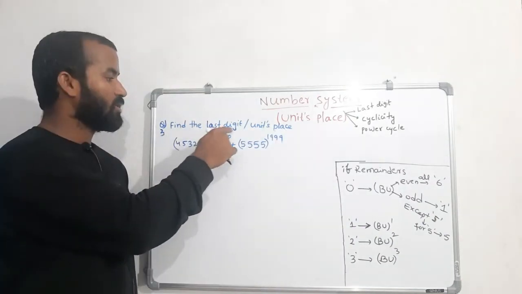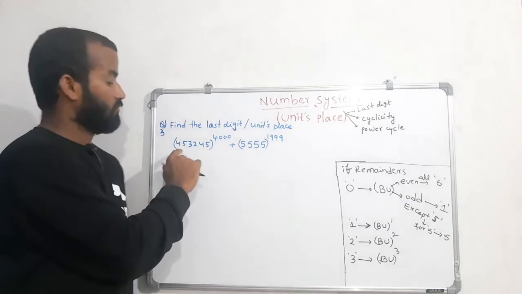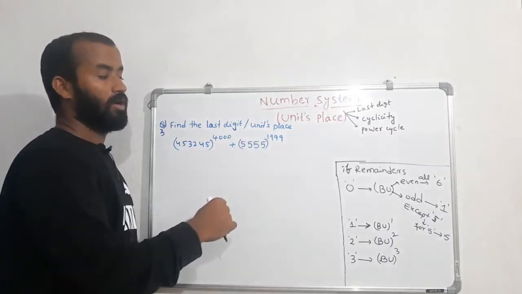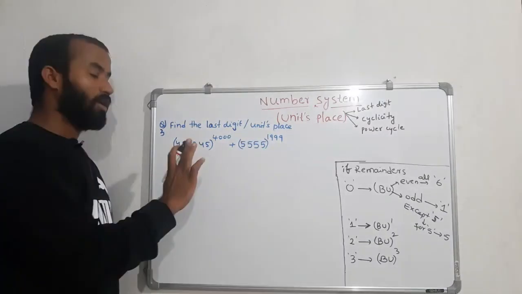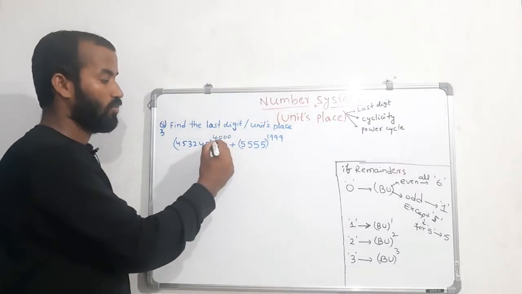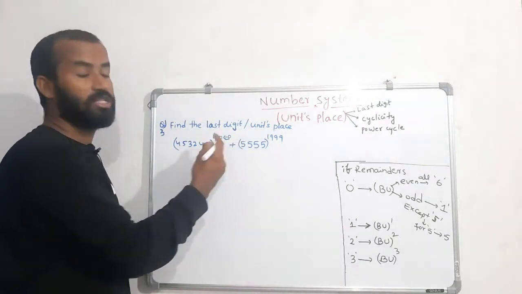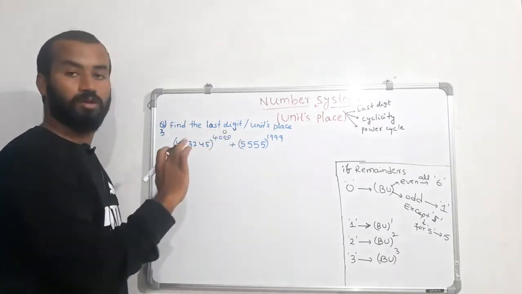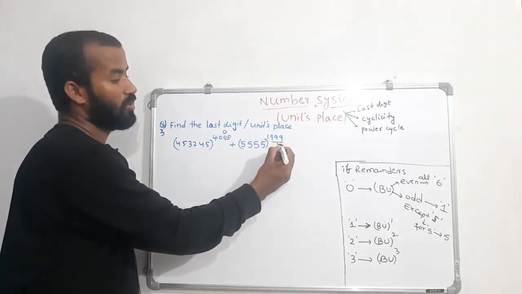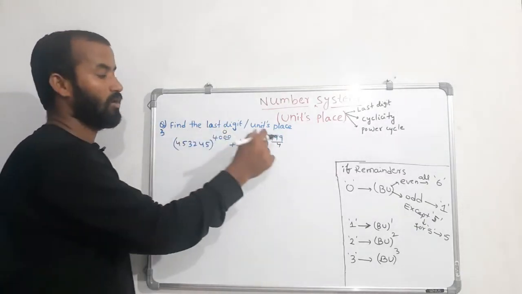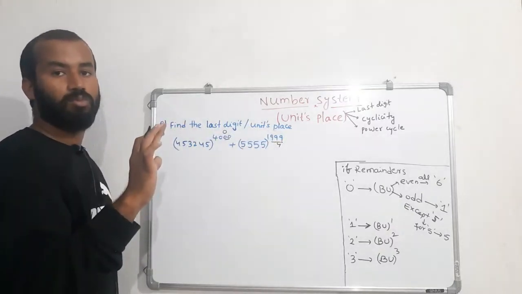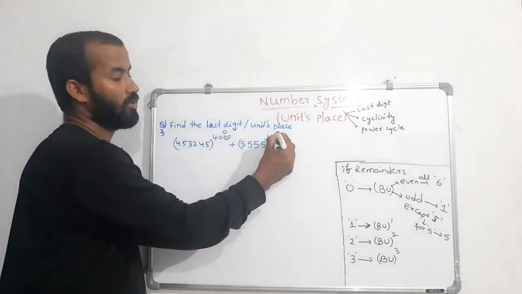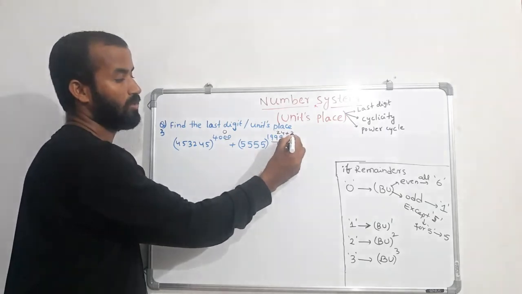Okay. Find the last digit or units place in the expansion of this: 4532 power 4000, plus 5555 power 1999. What I told, first you have to divide the power with 4. If you divide the power with 4, you check the last 2 digits are zeros, so it will be divisible by 4 and remainder will be 0 here. Now if you divide here with 4, see what is the divisibility rule. You have to take the last 2 digits and check whether that is divisible by 4 or not. If you divide the last 2 digits with 4, 24, remainder will be 3.